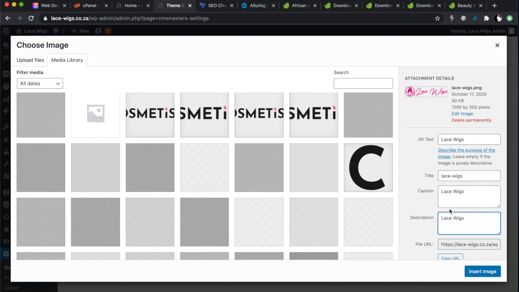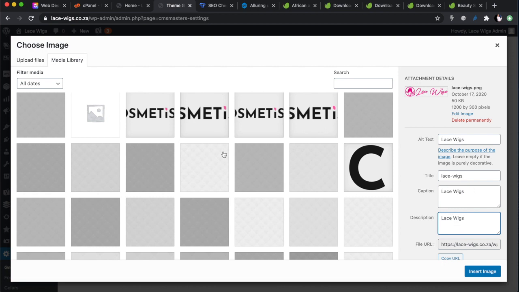your images, because even though most people browsing your site are not going to know the name of the image, I assure you the Google bot is going to know the name of your image, and if the name of your image is in line with your keywords, it's going to reinforce even more the idea that your website is about lace wigs. We really want this Google bot to not be confused about the fact that this website is about lace wigs, all right? So we've got it everywhere.